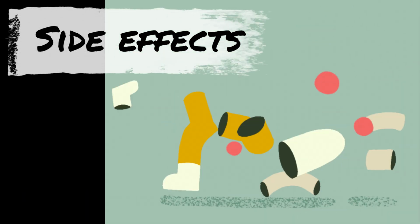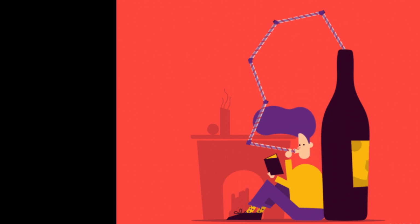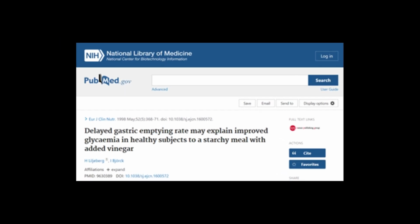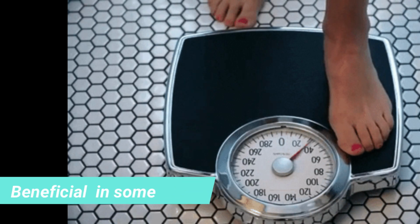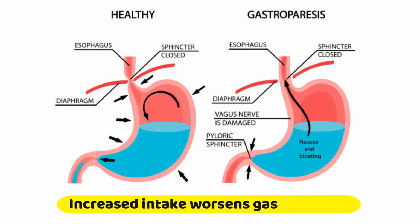Let's now go to some side effects of apple cider vinegar. Excess consumption of apple cider vinegar may cause gastrointestinal issues. According to a study, apple cider vinegar delayed the gastric emptying rate. Though this could be beneficial in some cases, it can cause digestive distress in some other individuals. Increased intake of apple cider vinegar may also worsen symptoms of gastroparesis, which is a common condition in people with